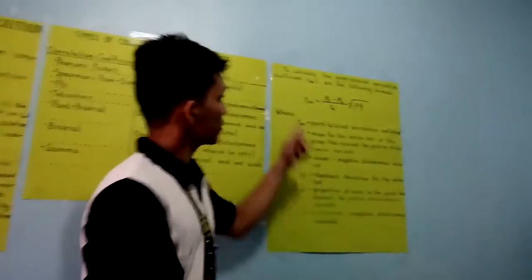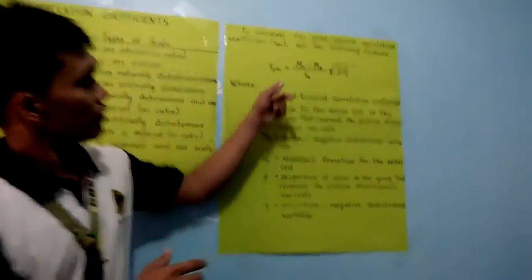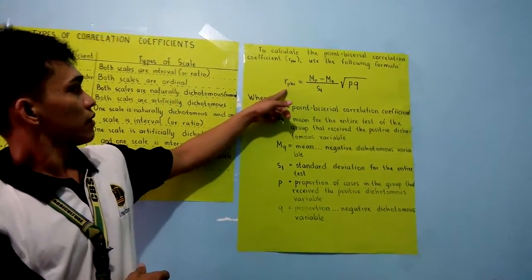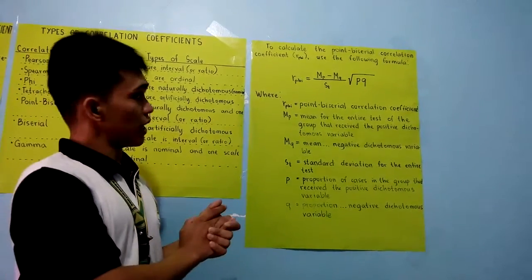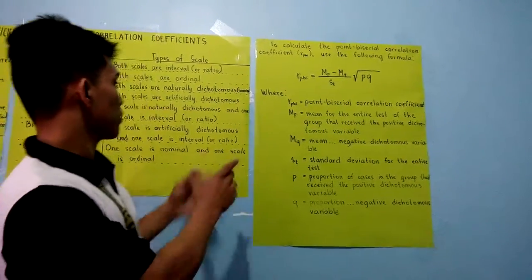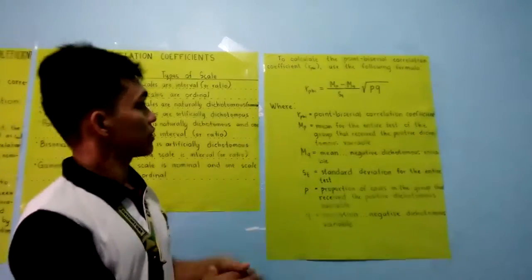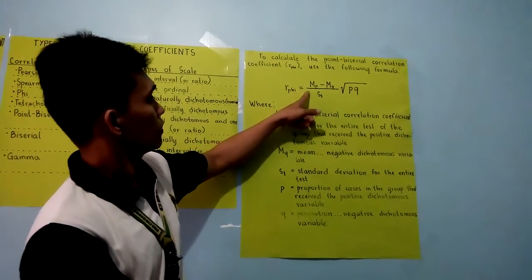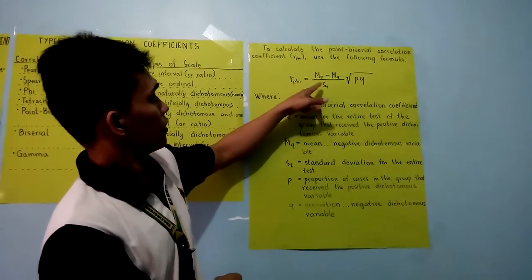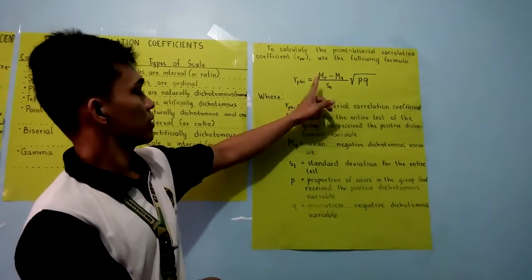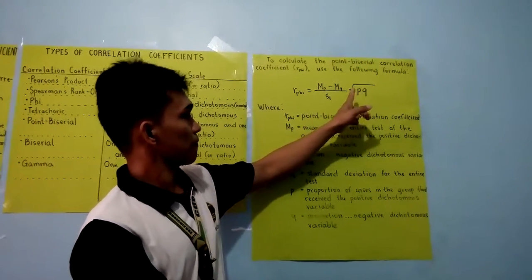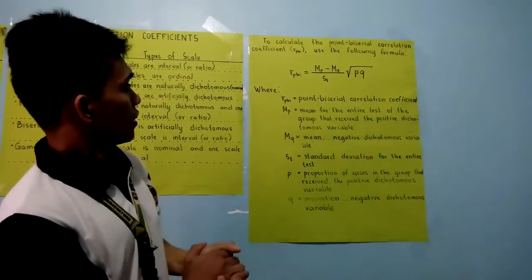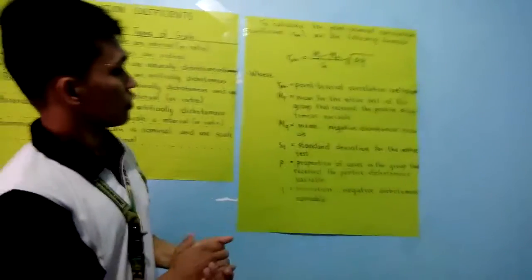To calculate the point-biserial correlation coefficient, we use the following formula, which is r sub pbi, or r. We use r like Pearson product because point-biserial is a special case of the Pearson product moment correlation coefficient. r sub pbi is equal to the difference of M sub p and M sub q divided by the standard deviation, or S sub t, times the square root of the product of p and q, where r sub pbi is the point-biserial correlation coefficient,